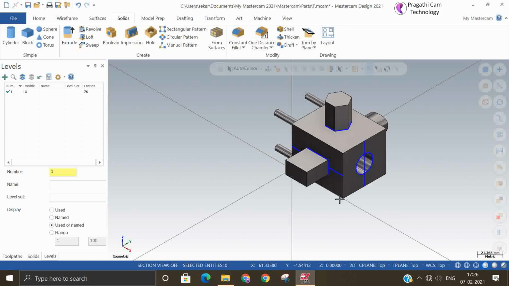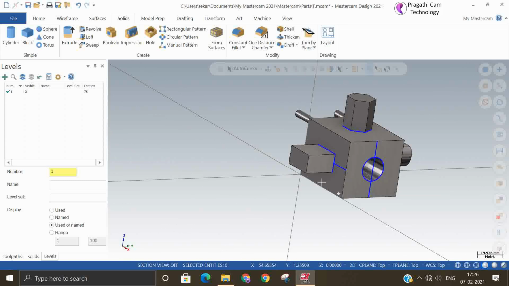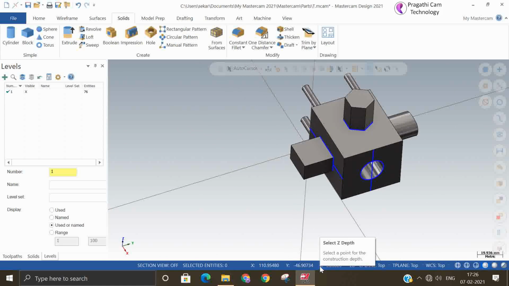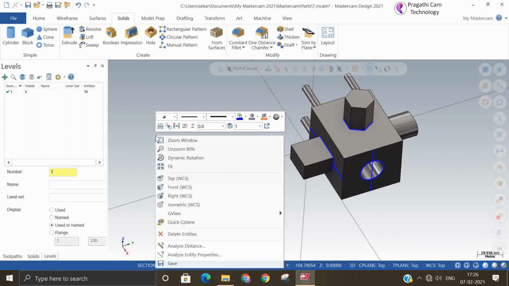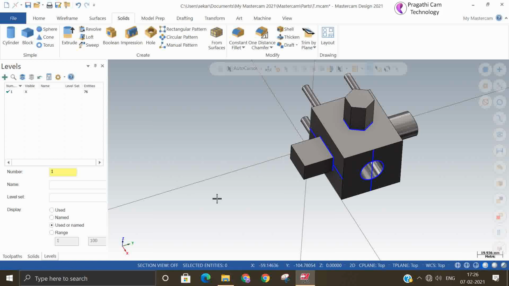So this exercise, if you are able to do it, you can do any solid model. By this you will be clear what is G view and what is the construction depth, and what is the C plane and what is the T plane, how these all are related to each other.